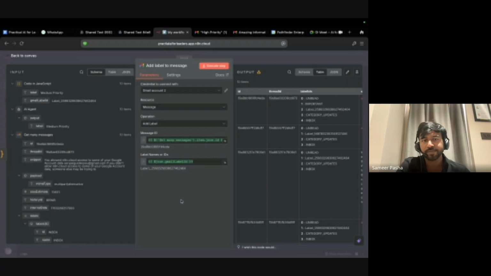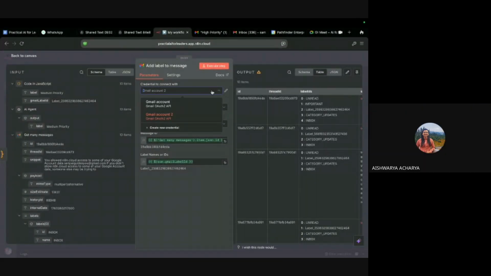Okay, let me share my screen and check if the settings are the same. Is this how the settings are in the node?